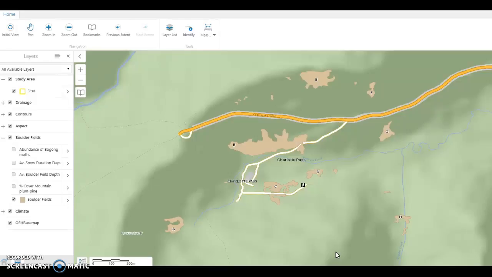There are some factors that go towards making a boulder field really important and comfortable for our pygmy possums, and that includes aspect, water availability, the availability of food, importantly mountain plum pine seeds and bogong moth, and also the boulder field structure, so the area and the depth. So you'll be using variables to identify the boulder field sites at Charlotte Pass that are more likely to support mountain pygmy possum